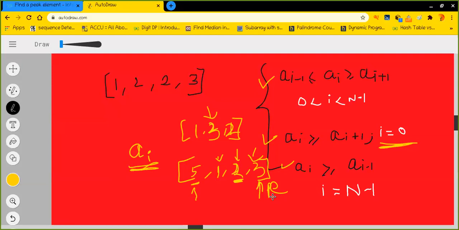Now, if I consider the element present at index 0, that is also bigger than the element right to it, the element present right to it, that is the right neighbor. So in this case, 5 is also a peak element. Are you getting me? So this is one of the peak elements and this is one of the peak elements.